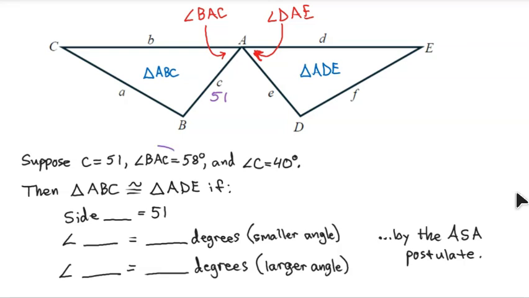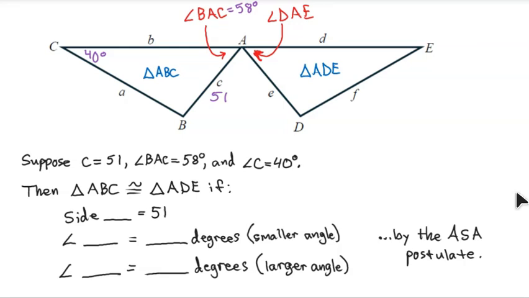It says angle BAC is 58 degrees. So BAC is 58 degrees. And then it says angle C is 40 degrees. So that means angle C over here is 40 degrees, okay? Well, that doesn't help us. If we're going to use the angle side angle postulate and our side is C, we need angle BAC and we need angle B. Okay, well, we're going to use the 180 degree sum